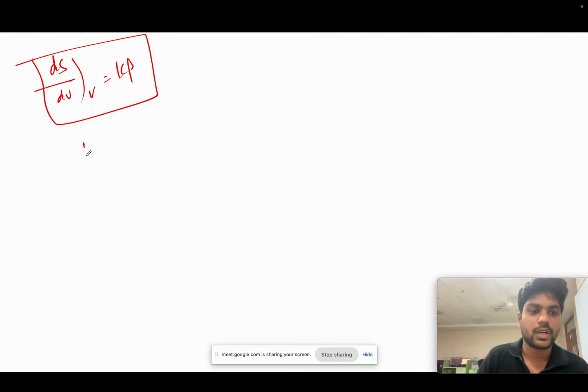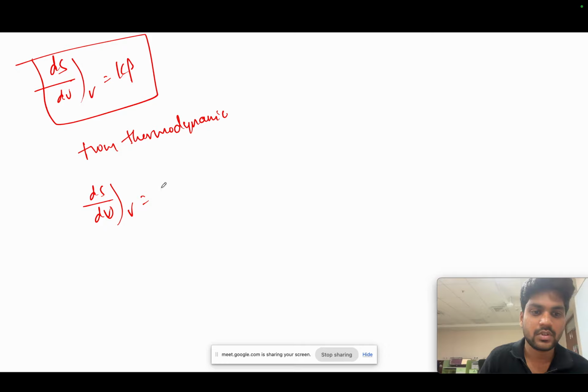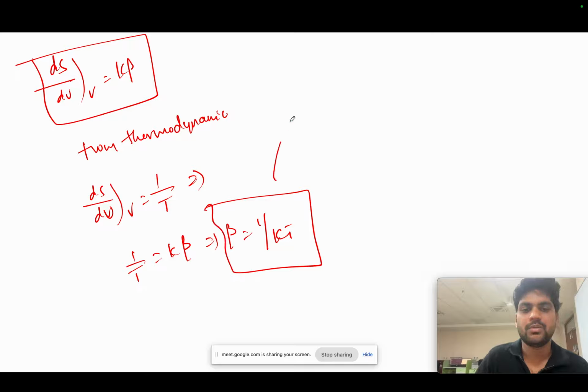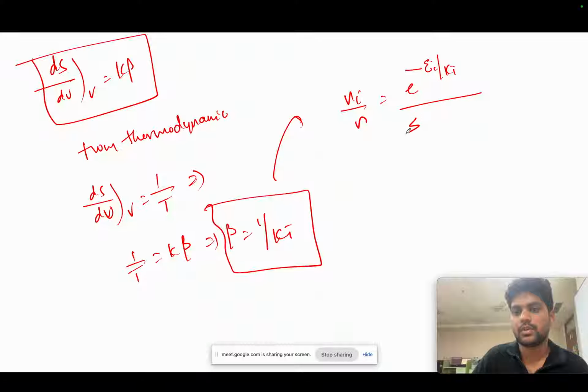So now from the thermodynamic properties, we know that dS by dU, if you see the Lagrange transforms, we got this, which means 1 by T equal to k beta, so beta equal to 1 by kT. So now we will keep this beta in the minus E by kT divided by,